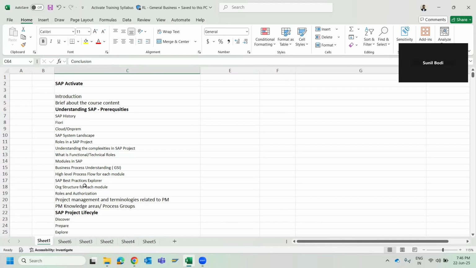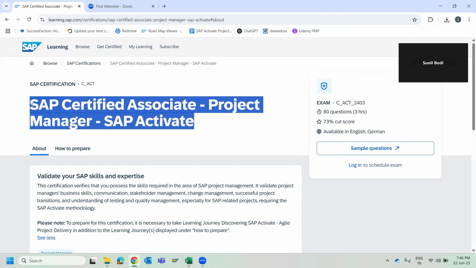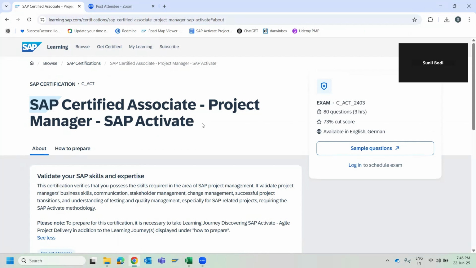Now, out of this 30 hours, the benefit that you will get is that you will be able to get certification offered by SAP, which is SAP Certified Associate Project Manager, SAP Activate. In the 30 hours of learning, I have elaborated on the more practical way of how we are operating these SAP projects with some real-time examples.